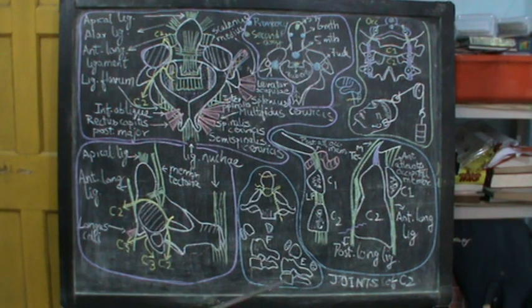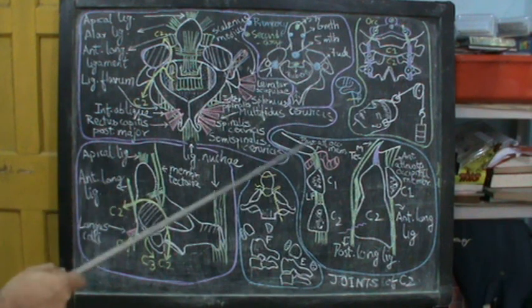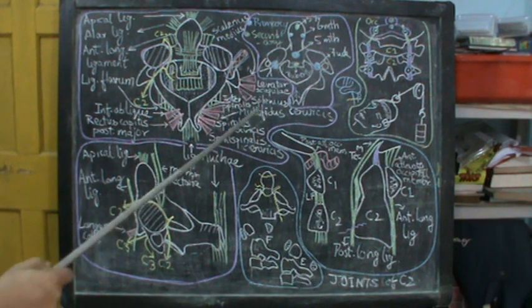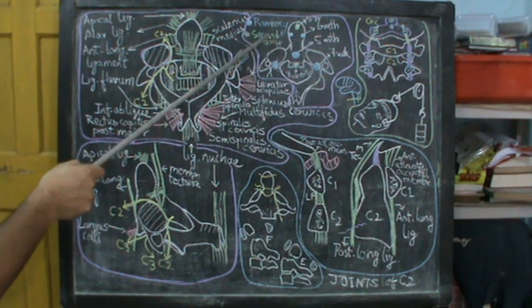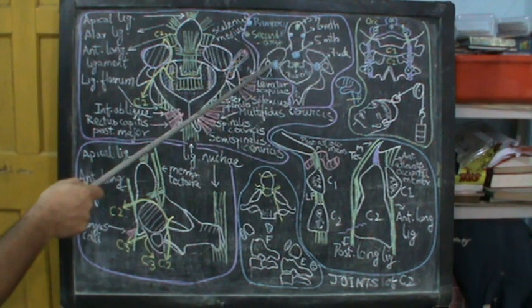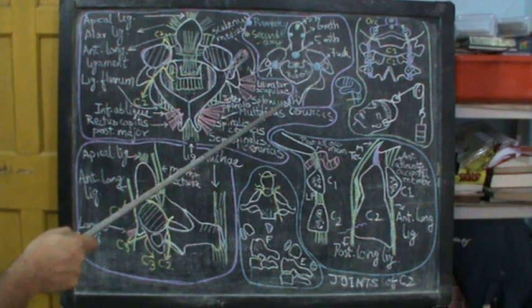Now you are left with the simple things, that is, the ossification and the applied anatomy. You can make out from this diagram that the blue patches are the primary centers of ossification and the green ones are the secondary centers of ossification. So you can see 1, 2, 3, 4, 5 primary centers of ossification.